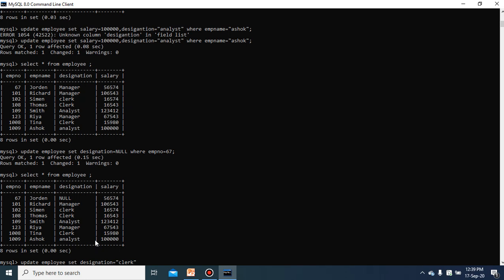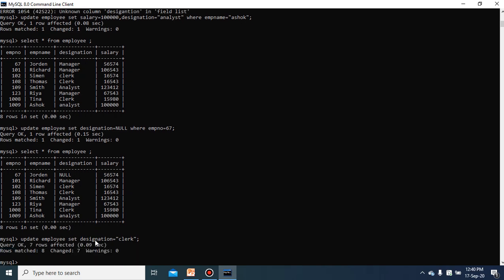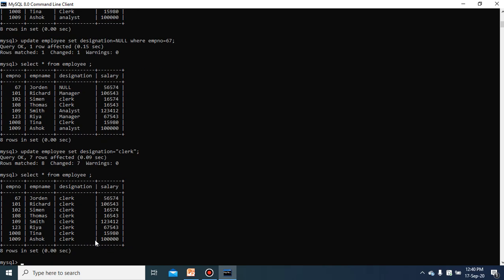Set designation equal to clerk. If I leave my query here only, update employee set designation equal to clerk, then all the employees' designations would be changed to clerk. If you do not provide the where clause, then what do we use the where clause for? So that it will affect only the single record or the multiple records, isn't it? So this update command is used for modifying the data or values in the table.